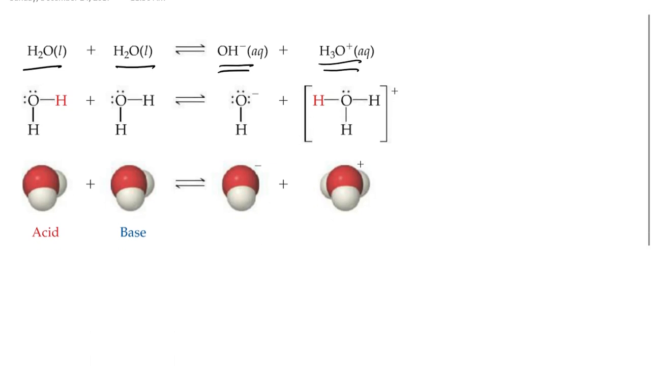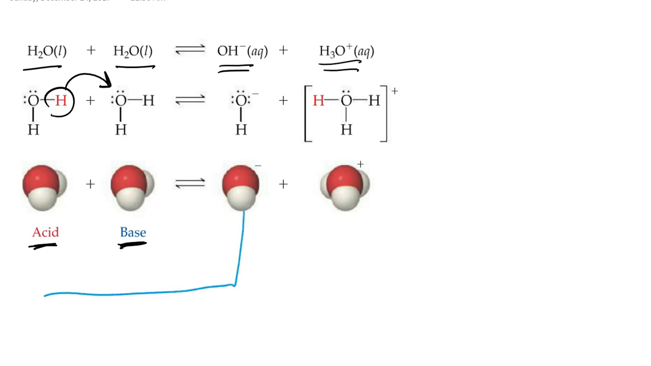Now, to break this down further, this is a figure out of your book, and basically the figure shows that we have the donation of a proton from one water molecule to the other. So that makes the water molecule on the left-hand side of the reactant side of the equation the Bronsted-Lowry acid in this case. The second water molecule is accepting a proton, so that makes it a Bronsted-Lowry base. And so the hydroxide would actually be the conjugate base